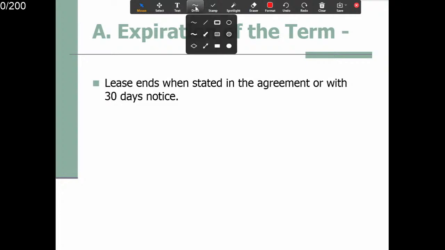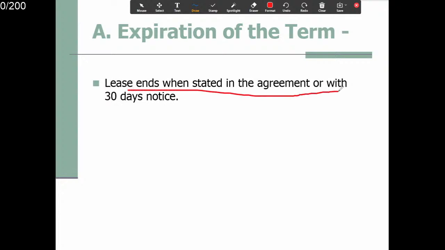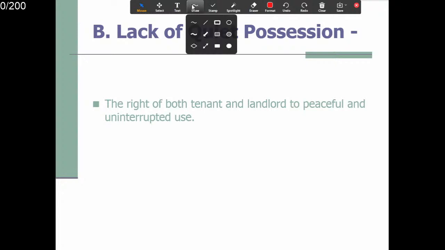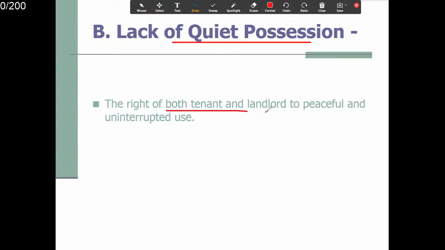Expiration of term. So we're going into the details of it, okay? Lease ends when stated in agreement or with 30-day notice, right? 到期了，还是一方宣布我不租了，OK，30天的宣布。